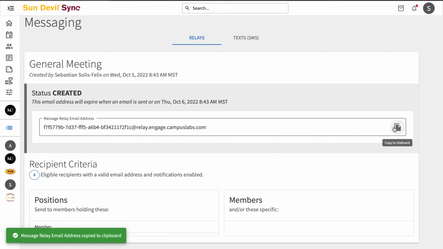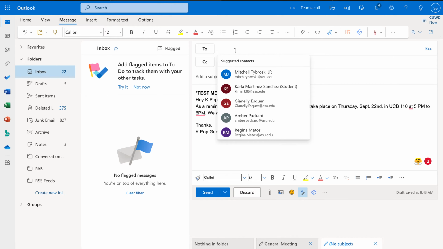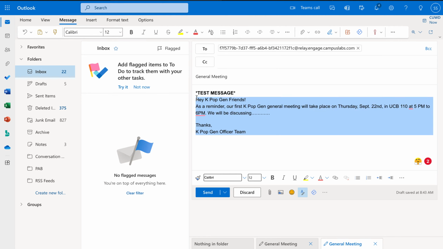You'll copy it into your clipboard, and we're gonna go to our preferred email. My preferred email is Outlook, so we're gonna use Outlook, and we're gonna paste the message relay link right there. We're gonna type out the subject. And we're going to type out the message just like this. I had it typed before I started this, so